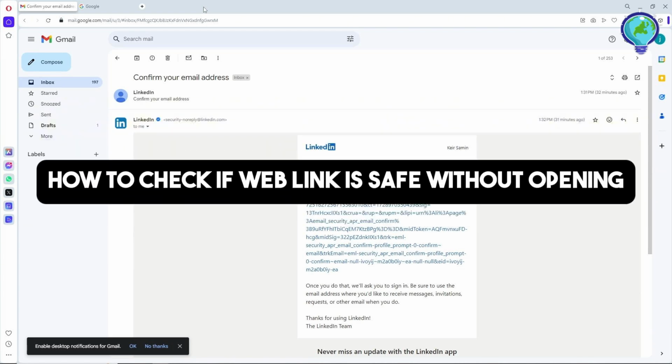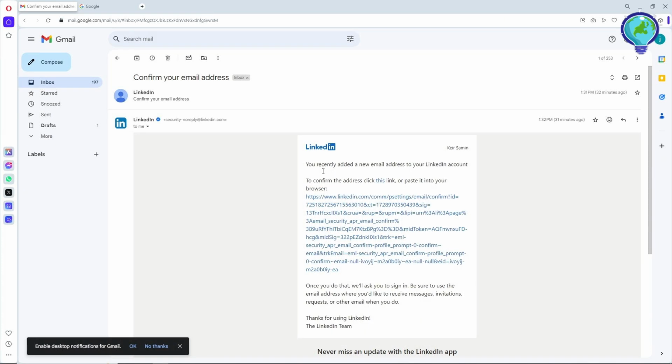This is how to check if a web link is safe without opening it. So guys, here, let's say you got an email and it has a link. I will be using this one as an example. From here, if you want to check if the link has a virus, just simply go ahead and copy